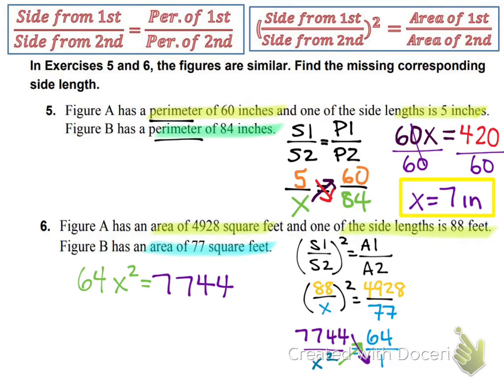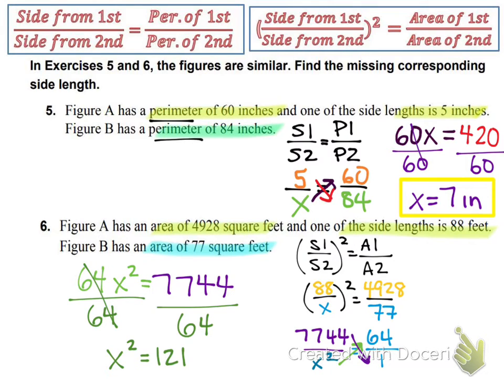All right, so if this squared wasn't here, what would your next step be? Divide by 64. It's still your next step. It doesn't matter that there's a square there. We need to get the square alone before we can deal with that. So divide each side by 64 like normal. And x squared equals